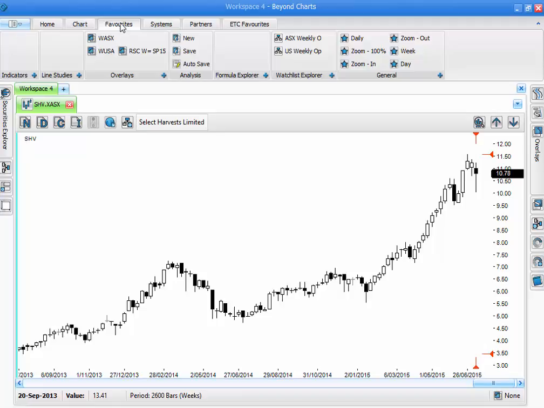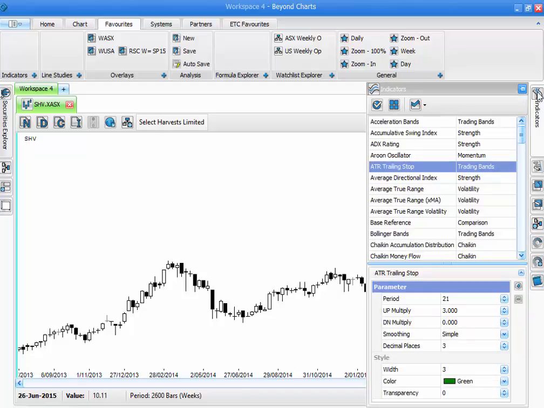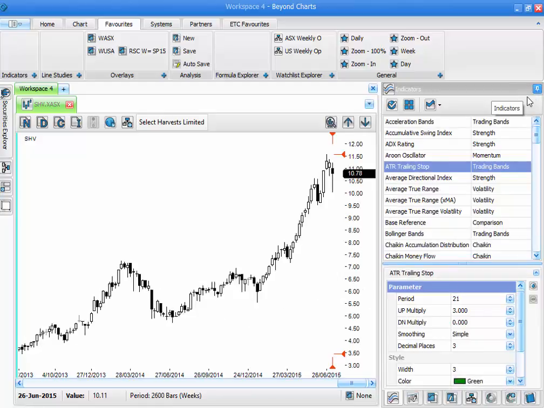So if I'd like to add those, then the best spot to add those is in our indicators section. So the first thing I need to do is just be aware of what indicators we've got. Over on the right hand side, at the top here, we've got an indicators window. What I'm going to do for the moment is pin that out so that it stays